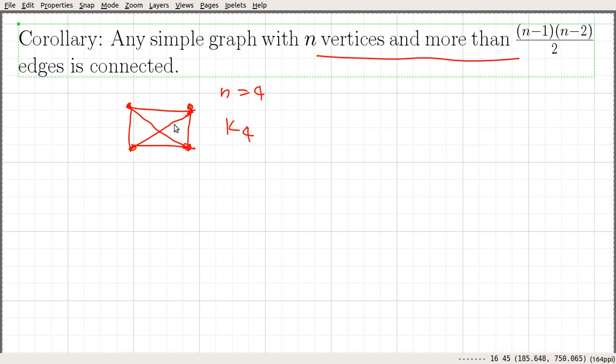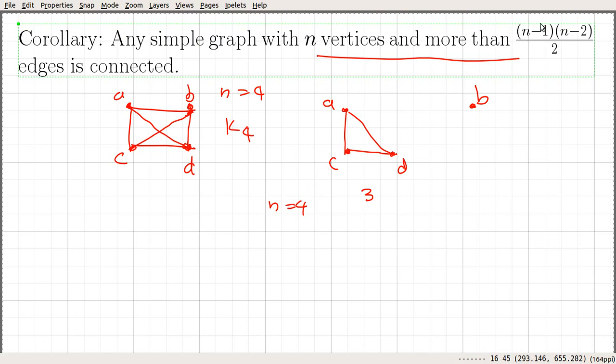So let's try to disconnect this graph. In order to disconnect it, we can make a vertex isolated. Let me label that to make everything clear. Next, I am going to make this vertex B disconnected from this graph. So B is now isolated and the remaining vertices are A, C and D, and we have all these edges. If you look at this, we have 3 edges, and n is equal to 4.